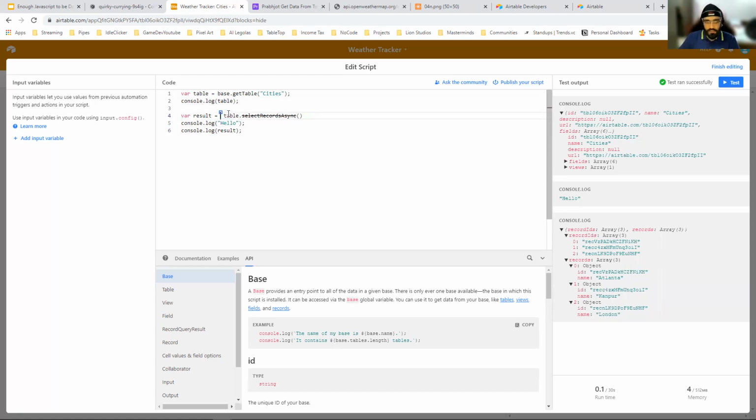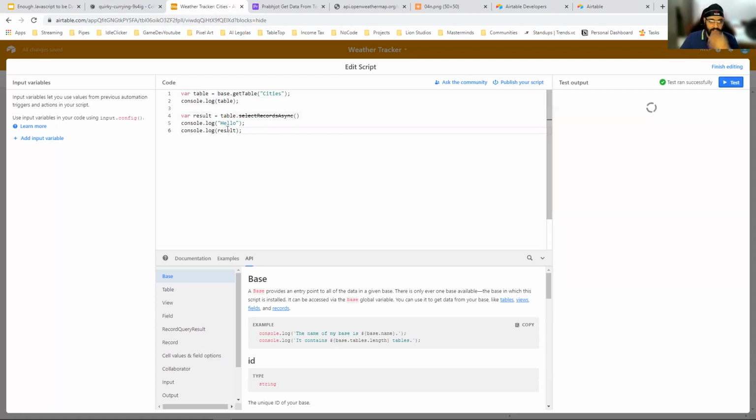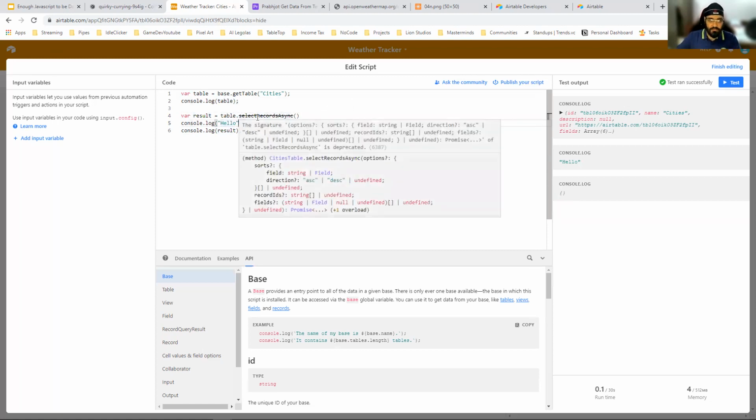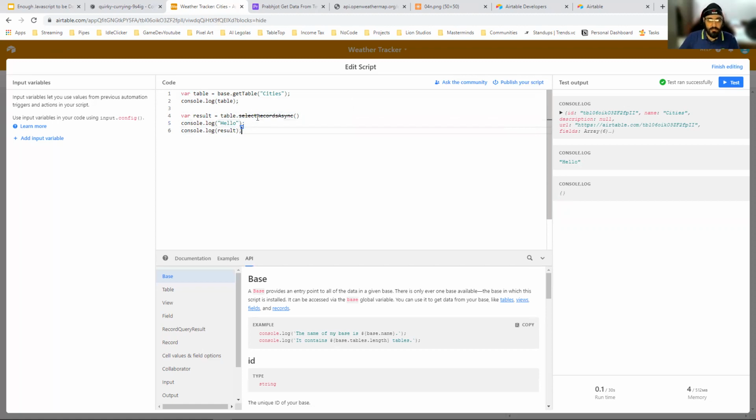But what happens if I remove await? If I run this now without await, it'll go here. The result will be a promise. So the result is actually a promise. It has not been filled because we didn't wait for it to complete. So the result will be empty here. So that's pretty much async. I'm not sure if this makes sense, so I would like some feedback. Does it make sense?